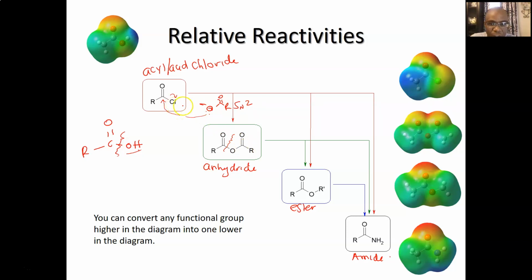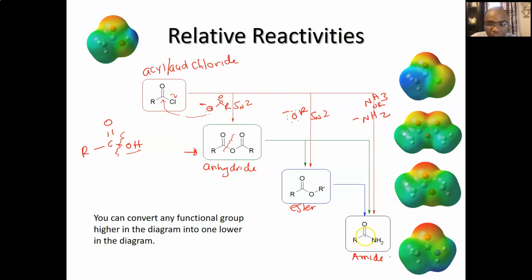You can convert this acyl chloride by SN2 using OR negative as a nucleophile, which will just knock out the Cl following similar arrows like I did. You can convert the acyl chloride to the amide using NH2 minus or ammonia. The anhydride can similarly be converted to the ester or amide. The ester can convert to the amide, but notice that the amide cannot be converted back to the other groups